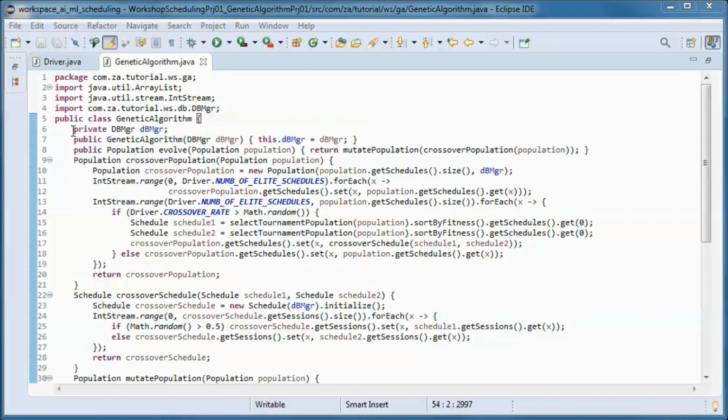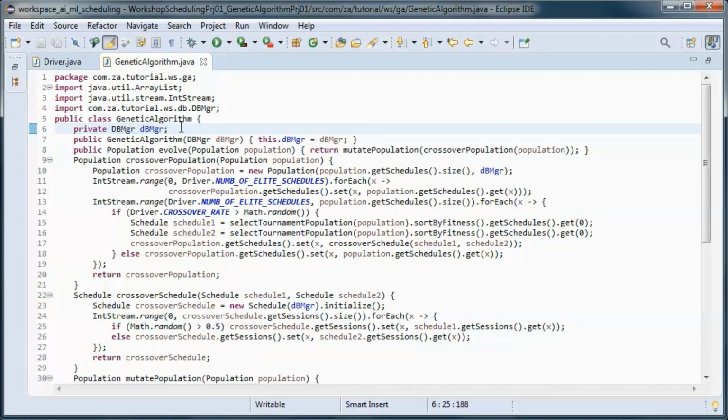So we'll pick up the data from the database using the DB manager, and we'll initialize it in the constructor, and we will evolve the population by doing a crossover and then a mutation to the crossed over population, and included in that is the use of elitism.